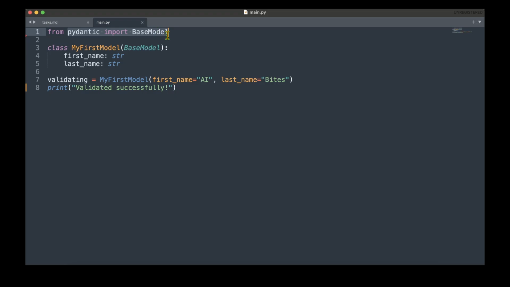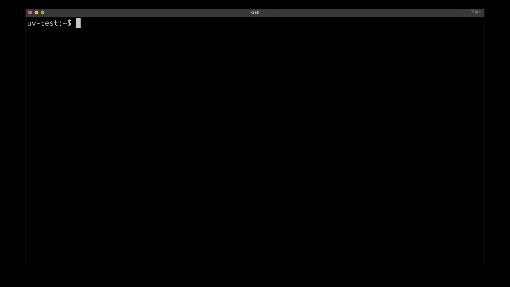I'm importing Pydantic base model and I'm creating a model to validate first name and last name. I'm validating a sample first name and last name. And once validated, I'm just printing validated successfully. To run this file, all that we need to do is uv run main.py, and it says it's validated successfully